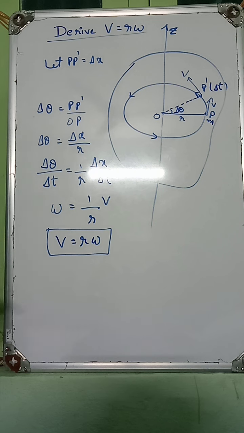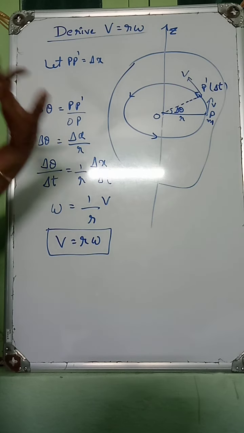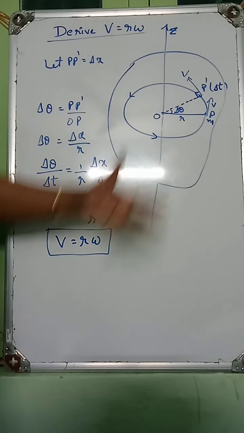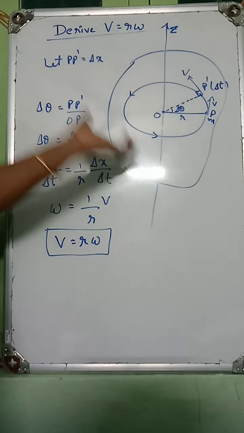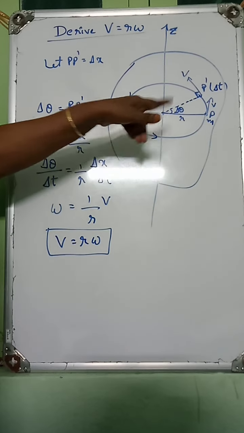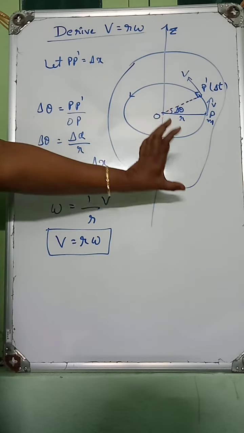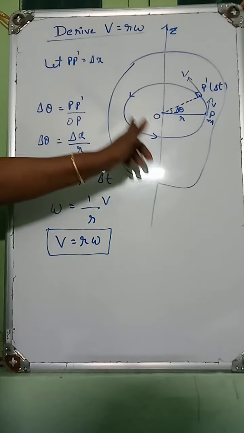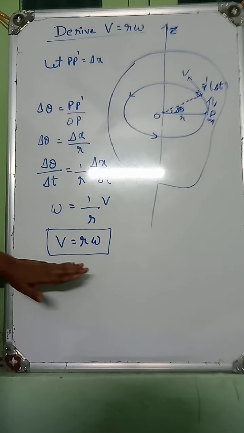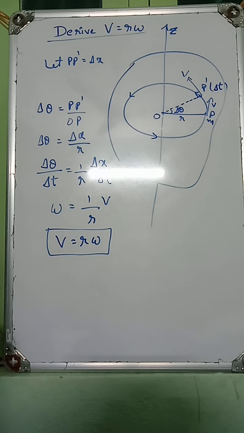They are asking you to derive the relation between linear velocity and angular velocity. To derive that, you have to take any object which is having pure rotational motion. The object is fixed at a particular point and rotating about an axis. Here you consider the z-axis as the axis of rotation. Each and every particle of this body rotates along the circumference of a circle. If the body completes one revolution, each mass completes one rotation. So from that concept you can derive the relation between linear velocity and angular velocity.